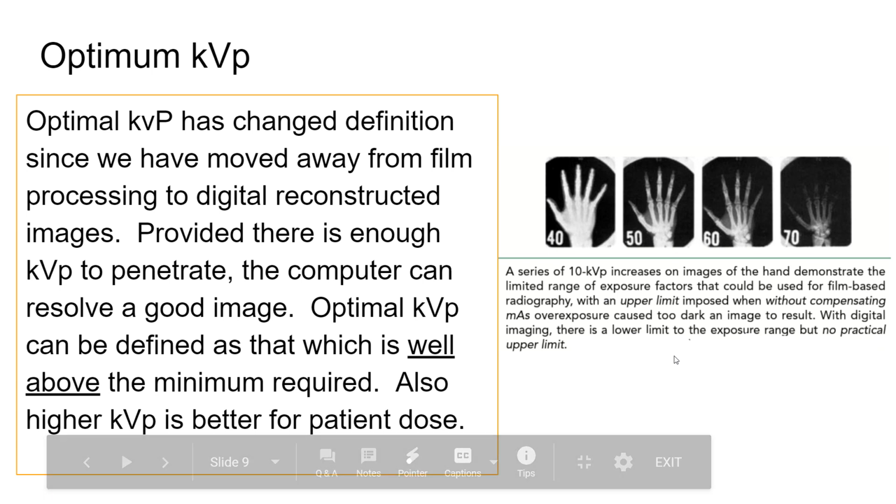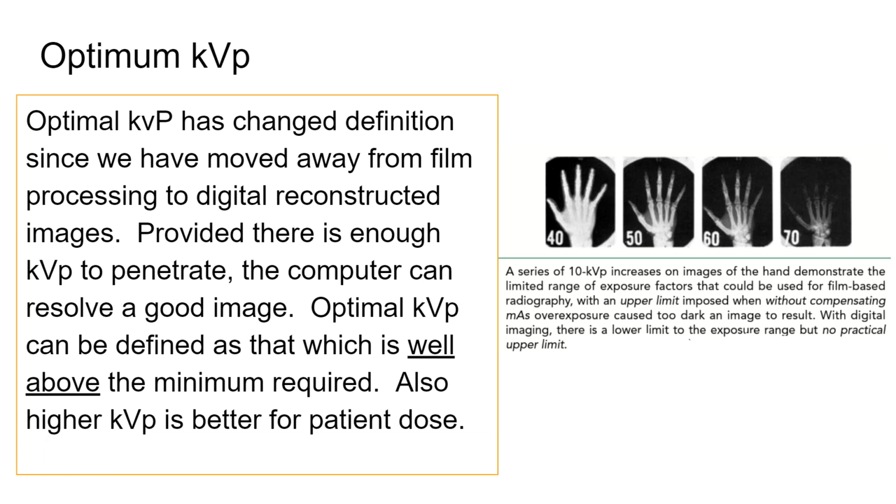Okay, optimal kV. In film, optimal kV had what's known as a very low latitude. You had to use a very specific kV, and you couldn't be much higher, maybe 2 or 4 kV more or less. Now the latitude, the margin of error, the wiggle room, however you want to say it, is